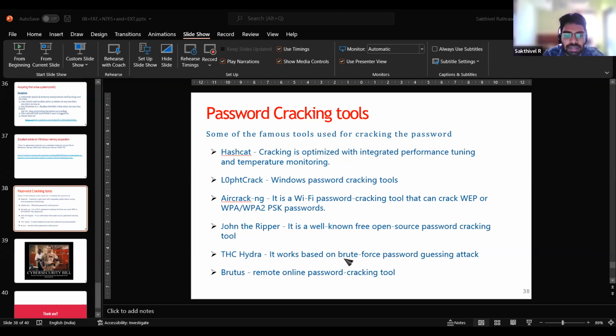And the next thing is Brutus, a remote online password cracking tool. If you have remote access to a PC or a computer, you can launch this attack using this tool by specifying the IP, if the remote computer is online. So yes, I'd also like to share the other things